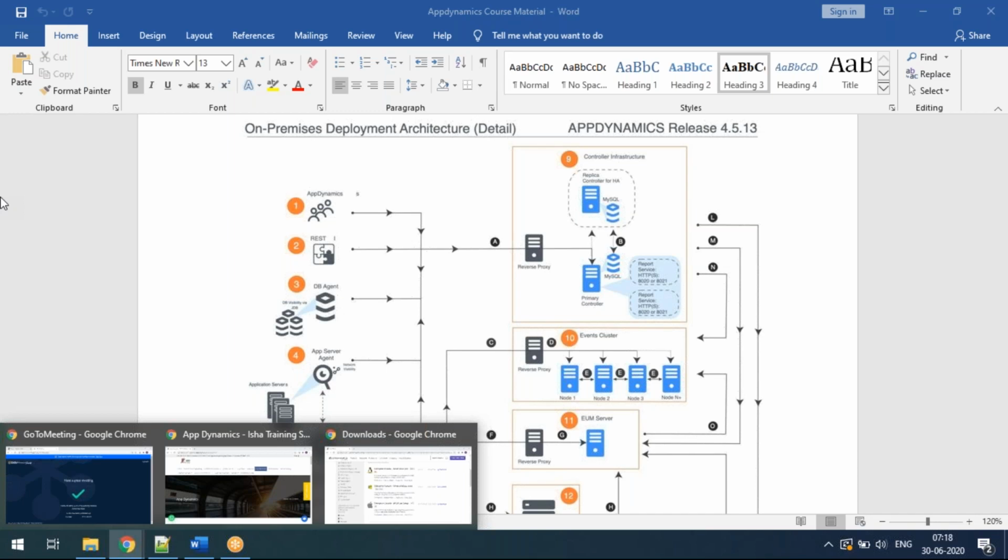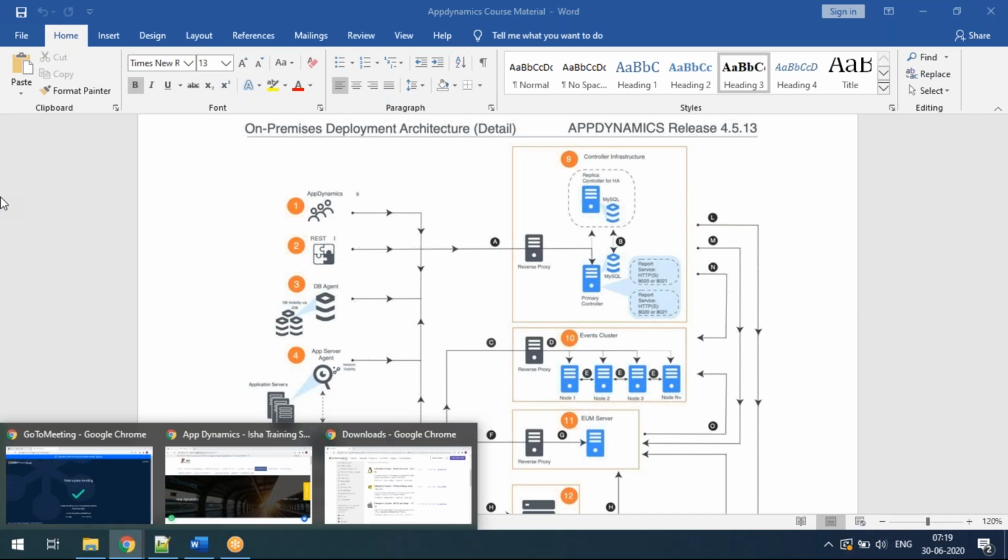But from the enterprise console, if you download agents, those will be different agents, because if you want to install 10 application server agents, 10 machine agents, 10 user experience agents, 10 database agents, that's fine. That I got. What I'm asking about is the event cluster. With the enterprise console, we will get the controller and the event services, right? That is one time.